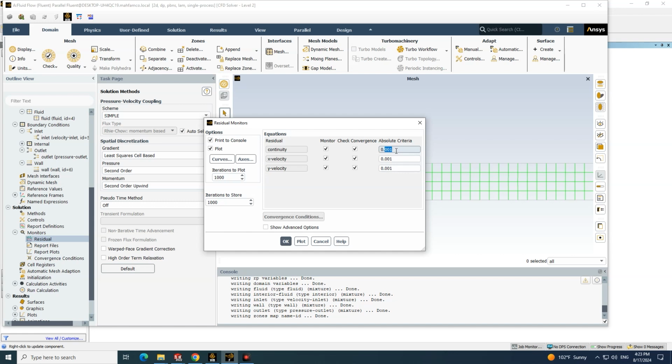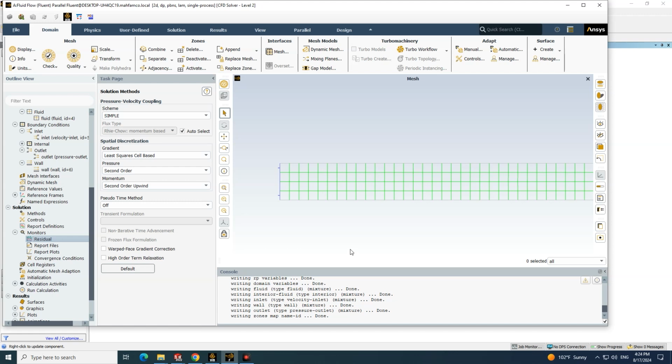I will insert, for example, 0.00001. I will copy this one and insert in the next one. As you can see, there are x velocity, y velocity, and continuity. These are different factors, and you want this accuracy for solving these equations. I will click on OK,